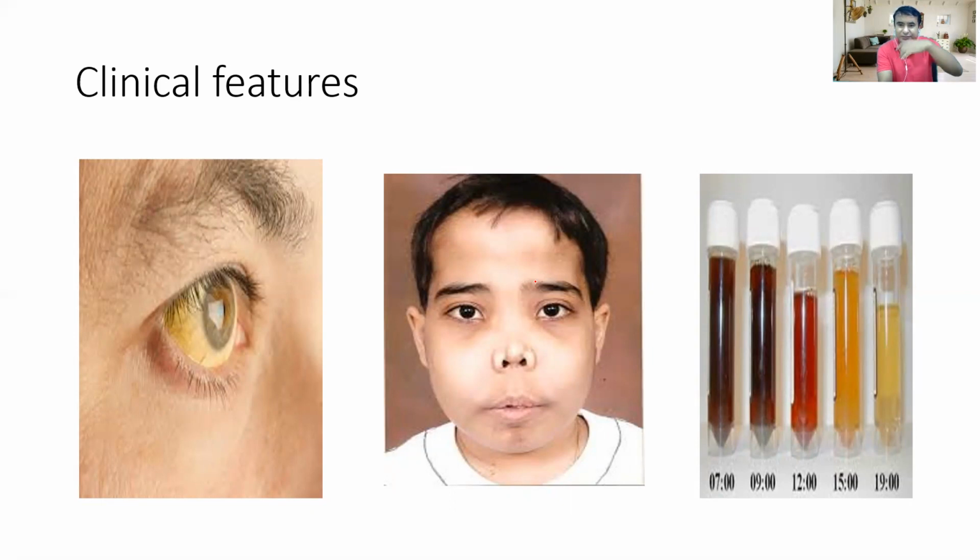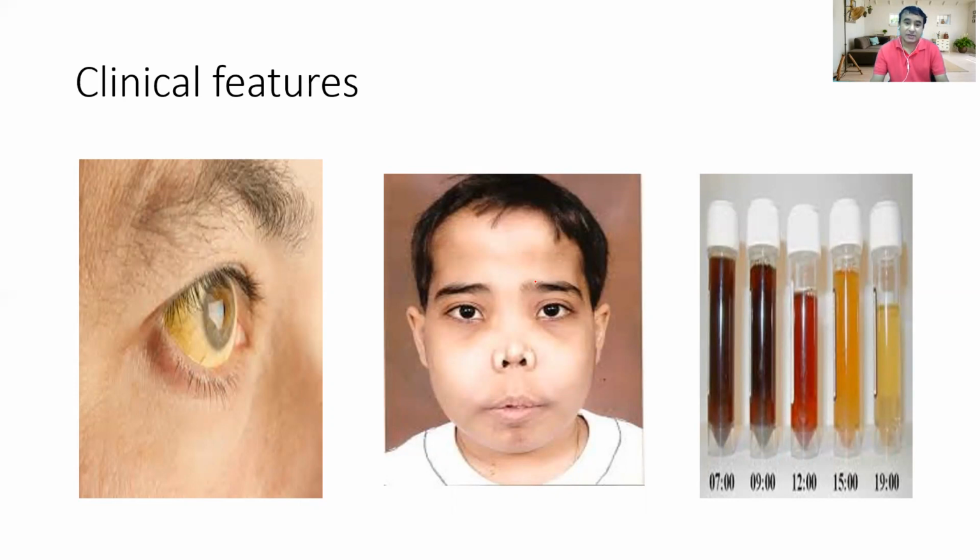Similarly, in the case of a child, you can see this type of face. There is prominence of the maxillary bones, flattening of the forehead, and flattening of the nasal bridge. If you see this type of face, you should always suspect hemolytic anemia. This feature is called chipmunk face. And the third important clue that makes us suspect hemolytic anemia is the passage of this type of urine, black urine especially, which we call hemoglobinuria.